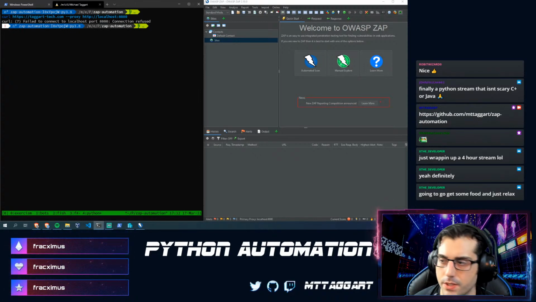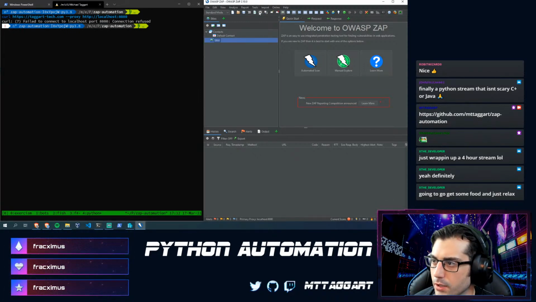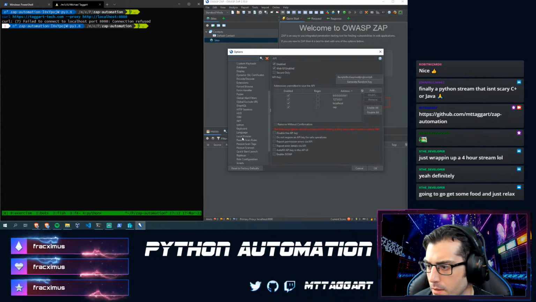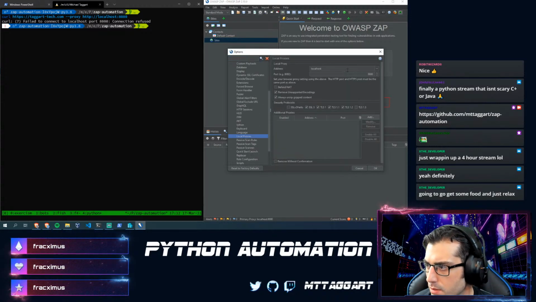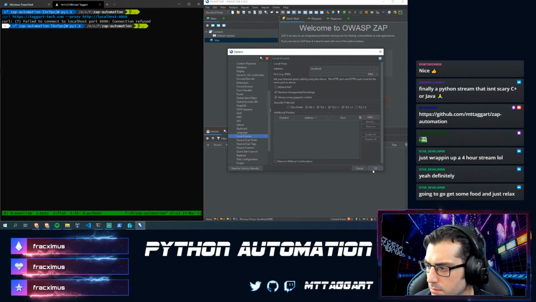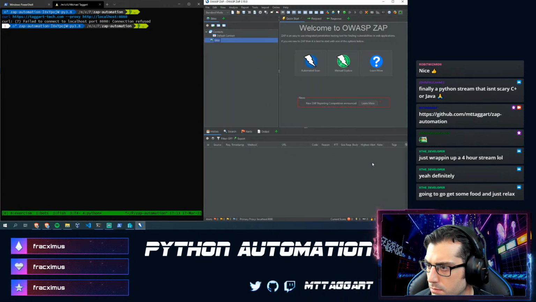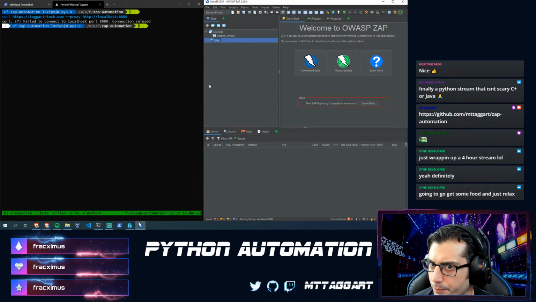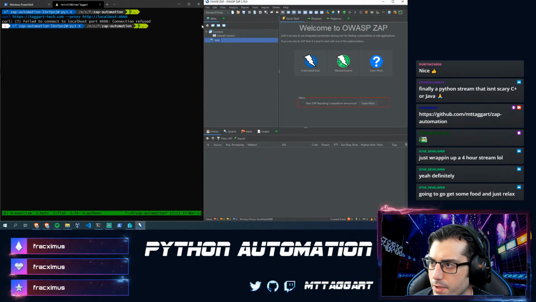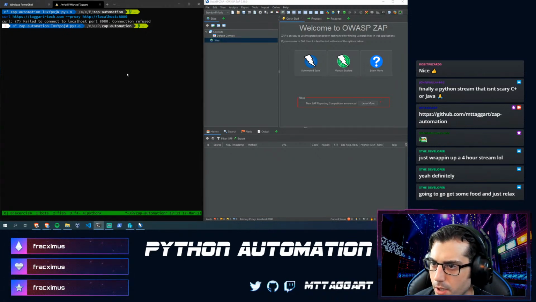Well, that sucks. Let's see if this is actually running. Local proxies. It's on 8080. Huh. I wonder if I am going to have to go into full Linux for this. This should have played ball, though. Connection refused.